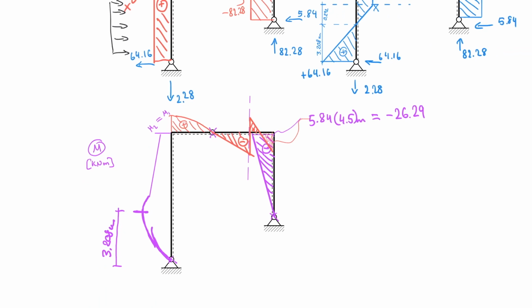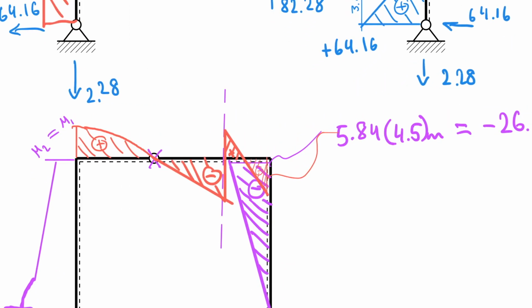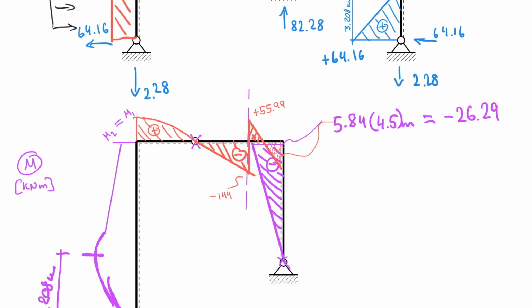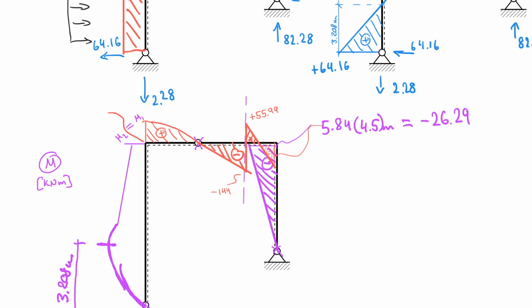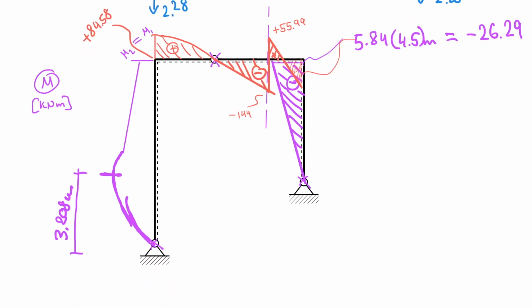So we have a value of plus 55.99, and then we have negative 144, and in the corner we have 84.58, and that's positive. So here we have plus 84.58. And then last but not least, our